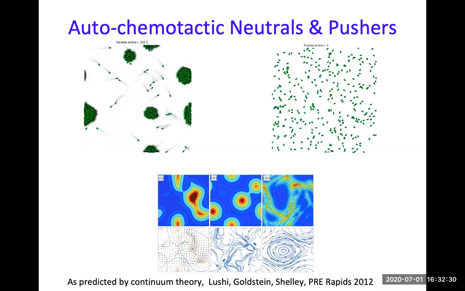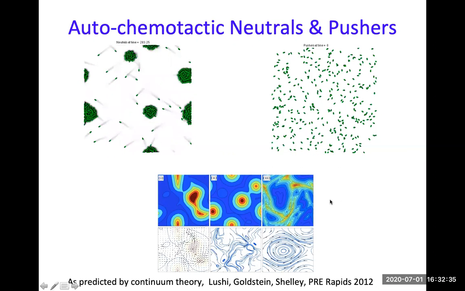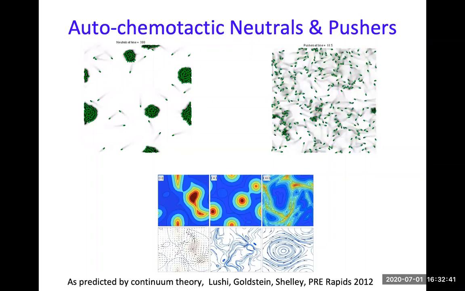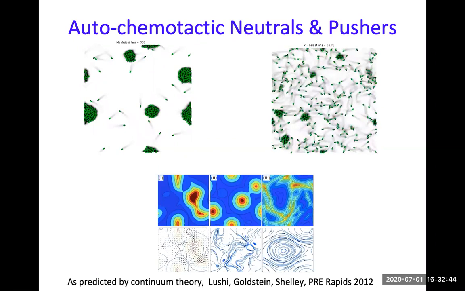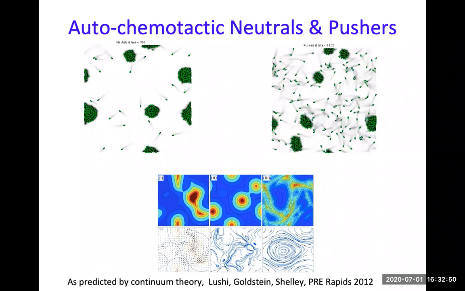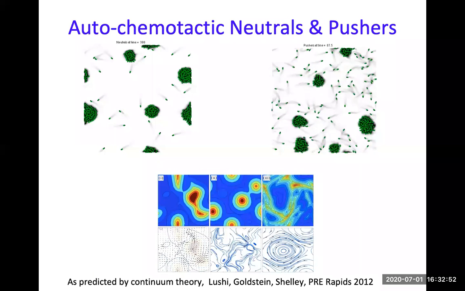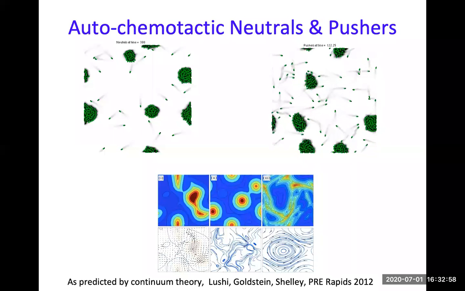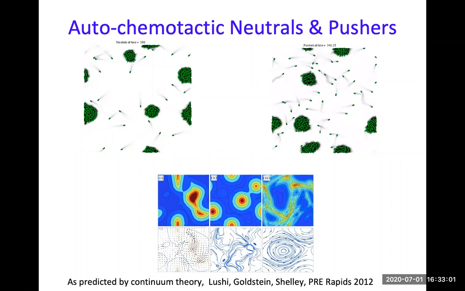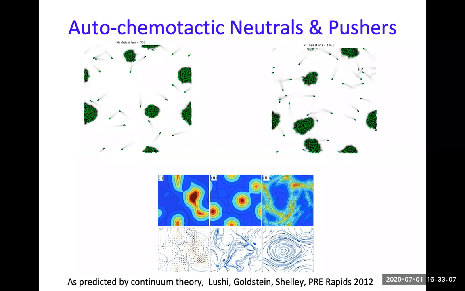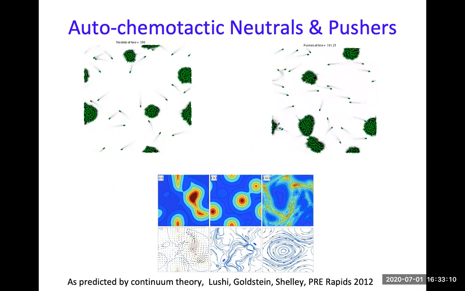But as we've talked so far, if you have bacteria, you also have fluid flow. So what happens if you include the presence of fluid flows, for pushers? Again, you will start to see the seeding of these small spots, right? So to the eye, you see this aggregation, but it's no longer static spots, and they are not just circular. You have these moving droplets, and they are very dynamic. So you get this dynamic aggregation, right? So if you include the chemical field and the fluid flows, you get a very different behavior.